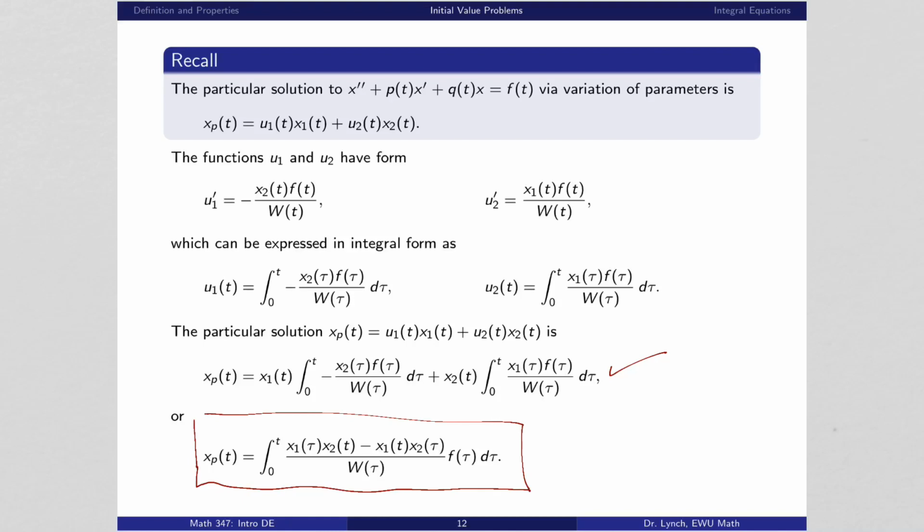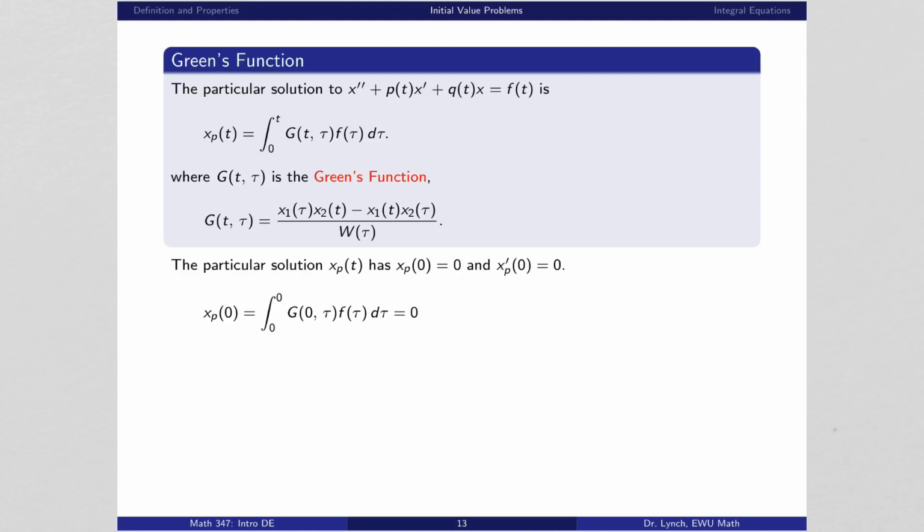Again, here the variable of integration is tau, and I'll just invite you to compare this to what we saw just a moment ago, where the particular solution was written in the form g of t minus tau, f of tau, d tau. So it turns out that this thing here is exactly that function g from the right-hand side. Pretty cool, huh? So in order to see that, we'll go ahead and explore our example here,